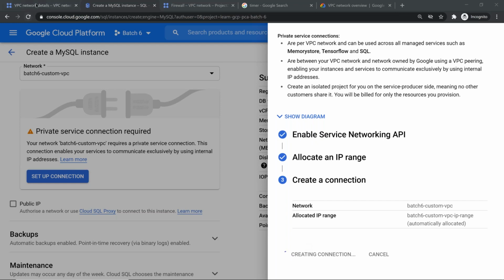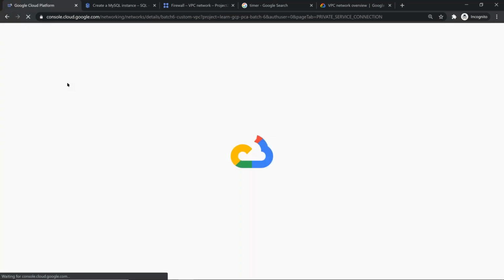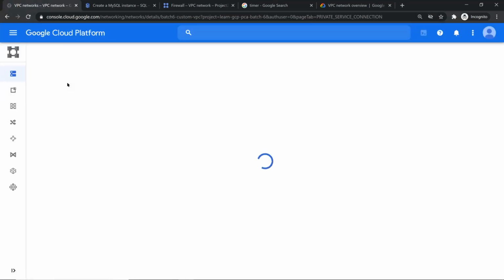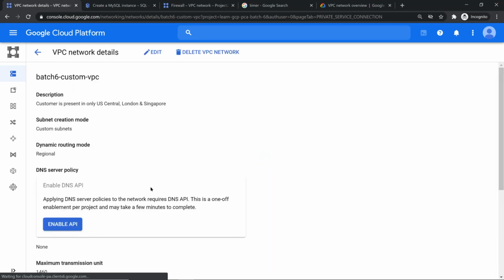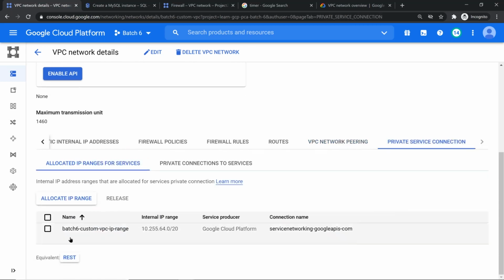If you want, we can just go and see, refresh it and see what's happening. You see something came, something in peering it came. I'll explain the details. So there is an IP allocated. So I'm 300% sure. Now, when the Cloud SQL instance with the internal IP address gets provisioned, the IP of that Cloud SQL instance is going to be